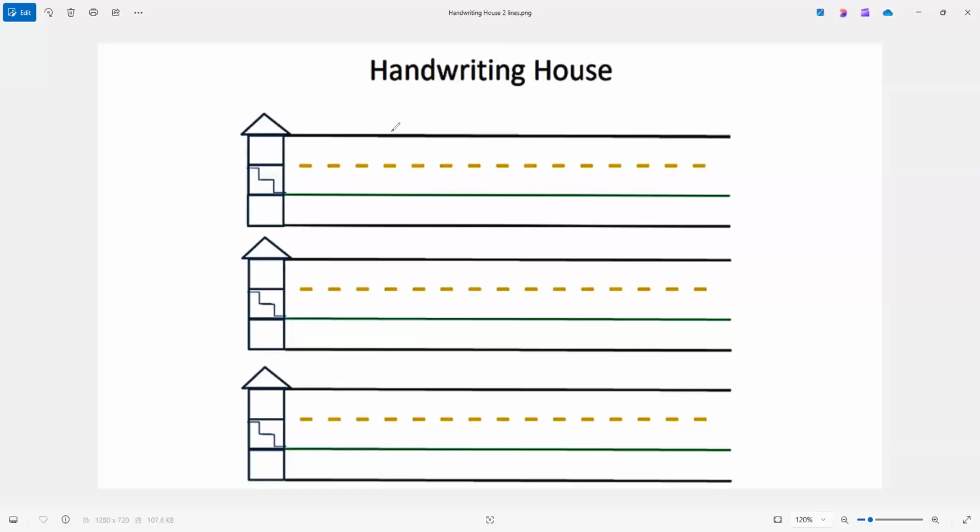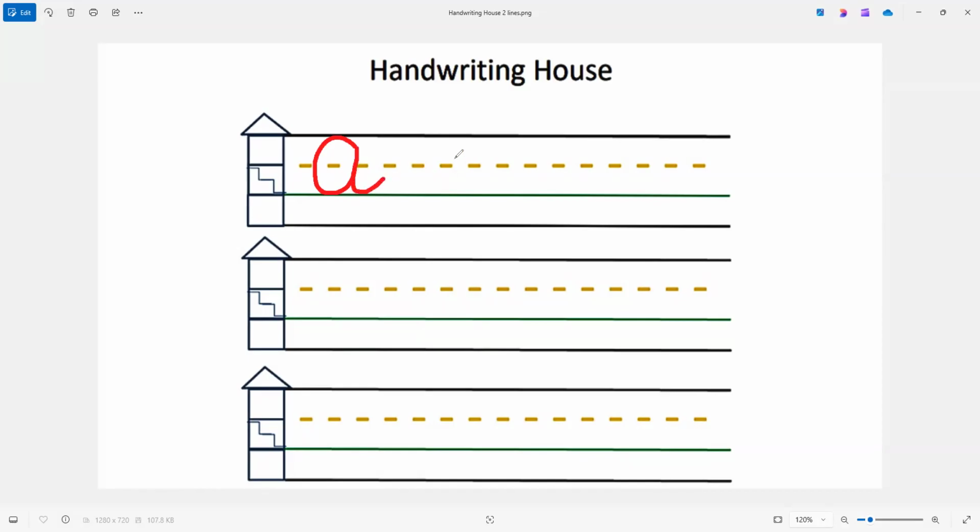Let's learn how to write cursive A. For uppercase A, you're going to start near the top line. You're going to go up and touch the top line, curve around and touch that green carpet, that bottom line. Go back up and connect where you left off at the beginning,